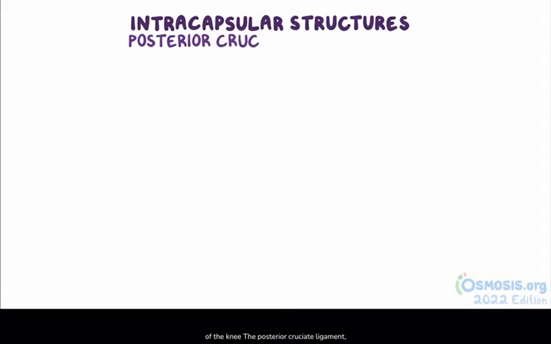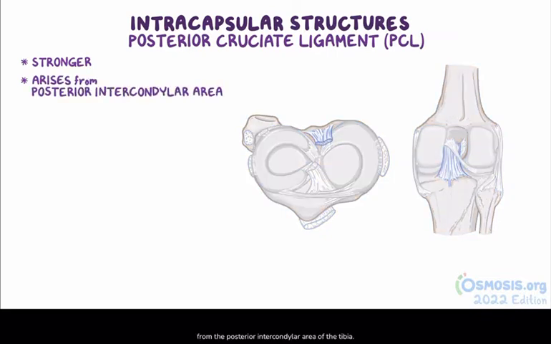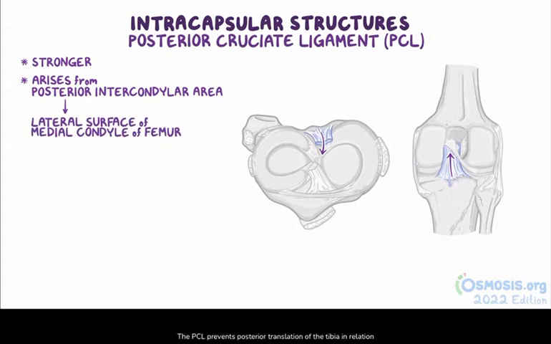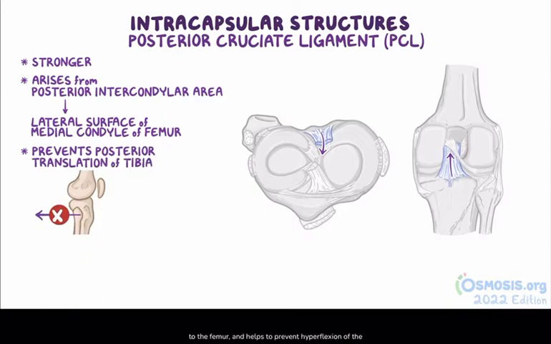The posterior cruciate ligament, or PCL, is stronger than its brother, the ACL, and it arises from the posterior intercondylar area of the tibia. It then passes superiorly and anteriorly on the medial side of the ACL to attach to the anterior part of the lateral surface of the medial condyle of the femur. The PCL prevents posterior translation of the tibia in relation to the femur and helps to prevent hyperflexion of the